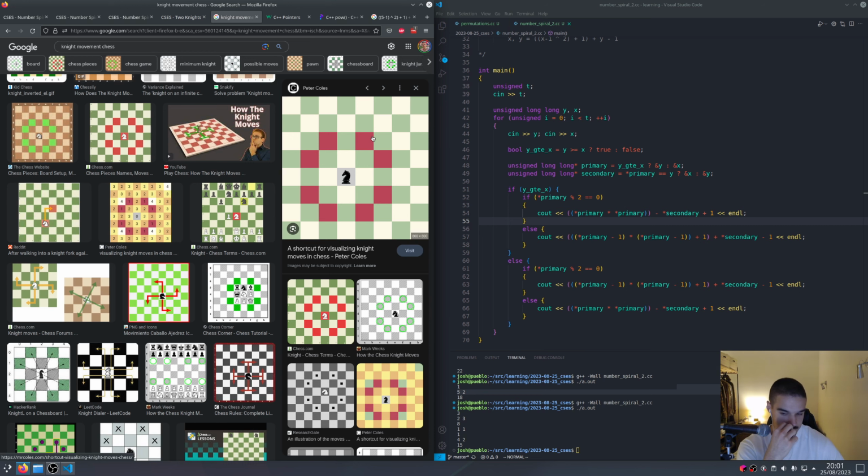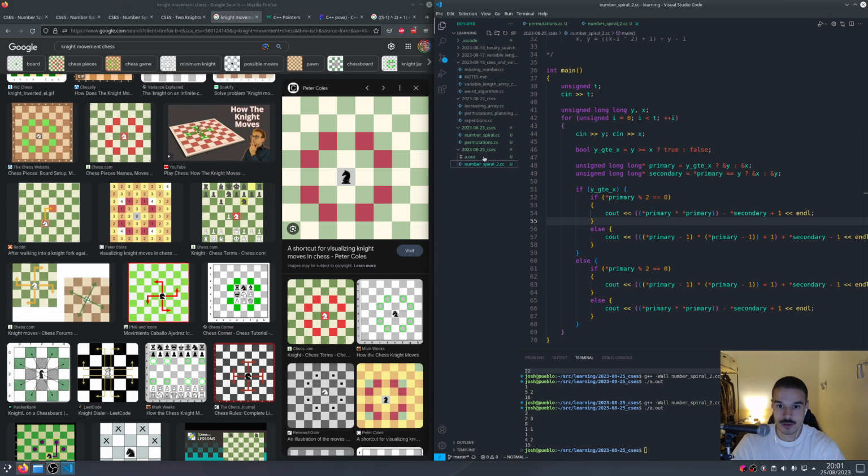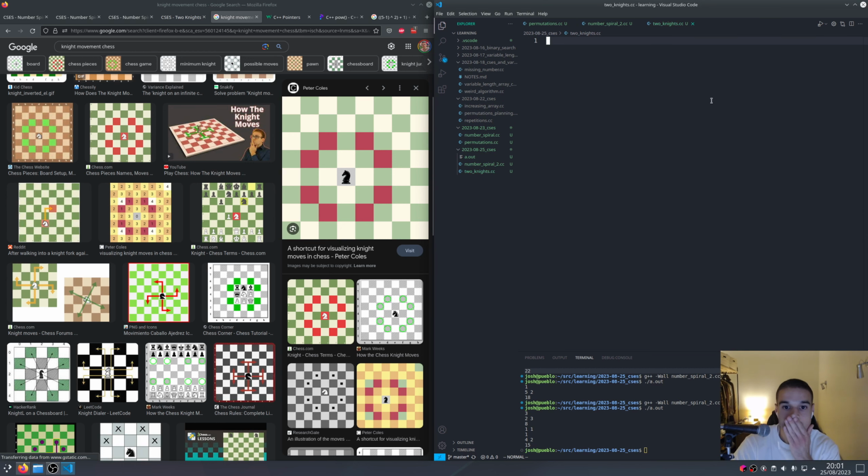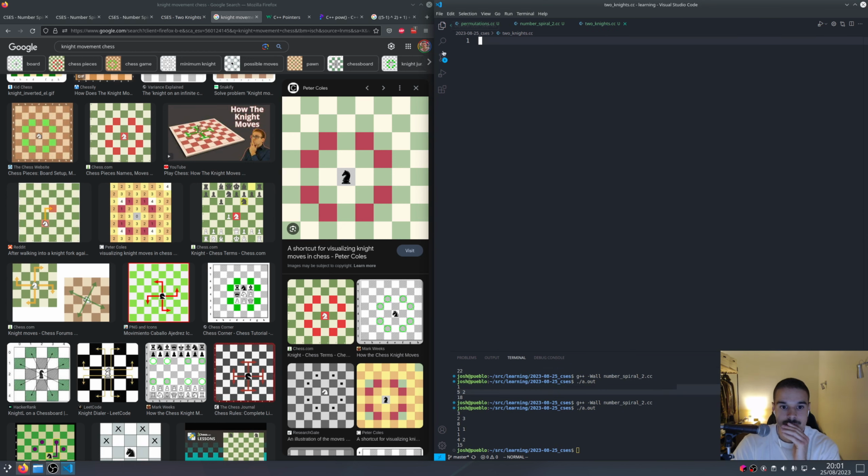So I think the key thing here is that we're going to need a way of actually figuring out the number of valid moves the knight has, which is simply that if we move